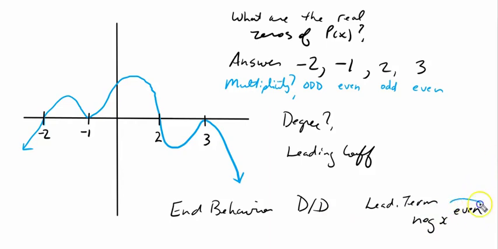So this is telling me that the degree is going to be an even number, and that the leading coefficient is going to be a negative number. Okay. So now if we go back to this original problem that we had at the beginning,